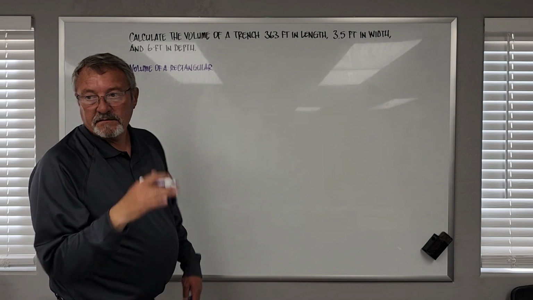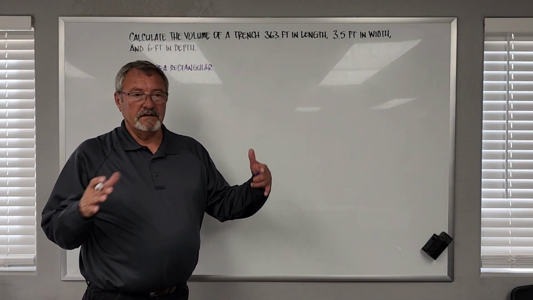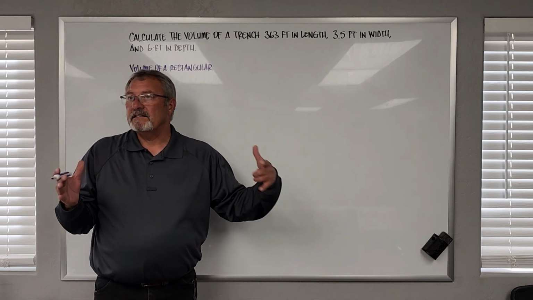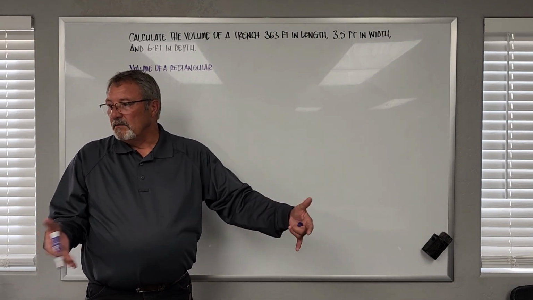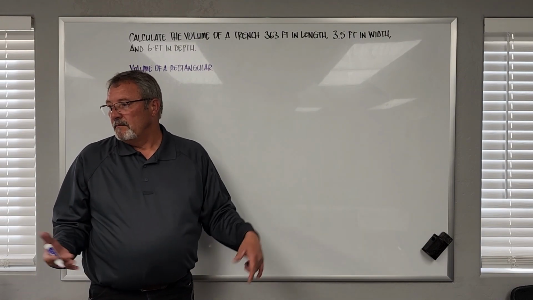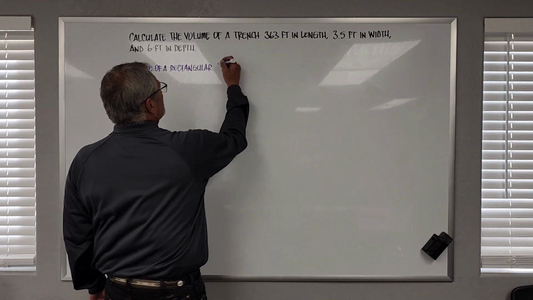Now, there's an asterisk by it. We can call this a tank. If we had a rectangular tank with the same dimensions, it would look very much the same. The volume would be the same, depending on what unit of measure we're going for. So we're going to call it a rectangular trench